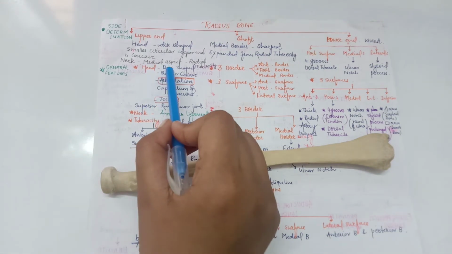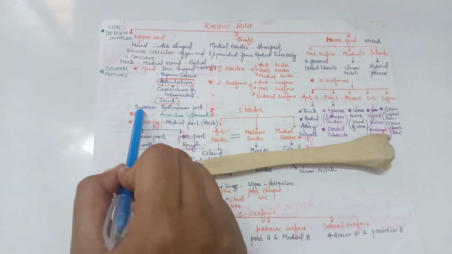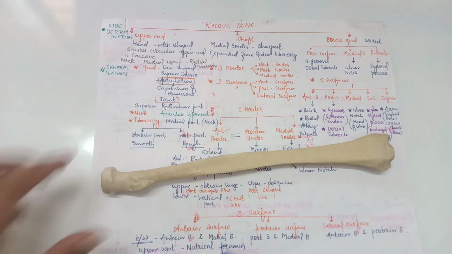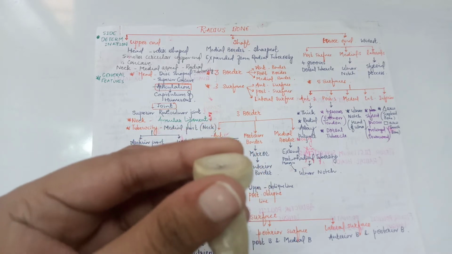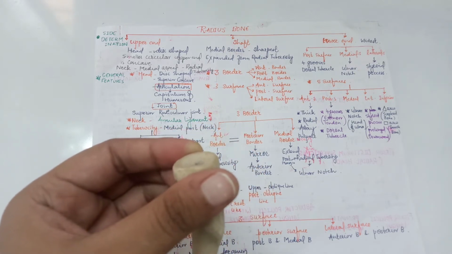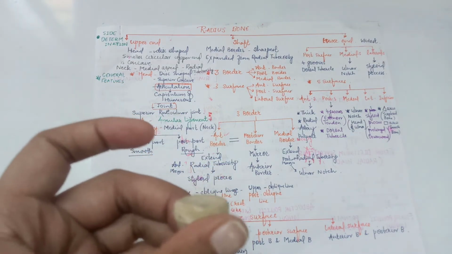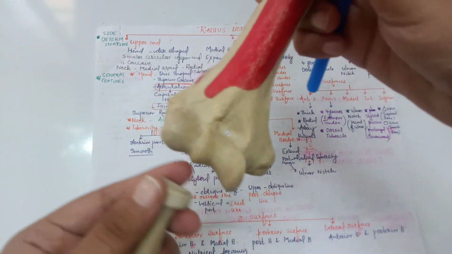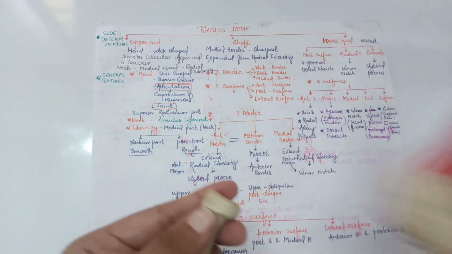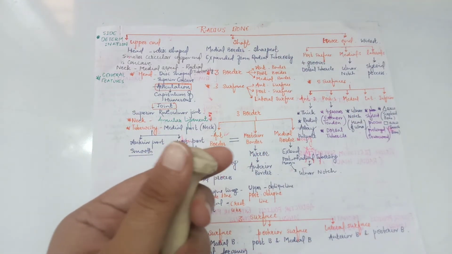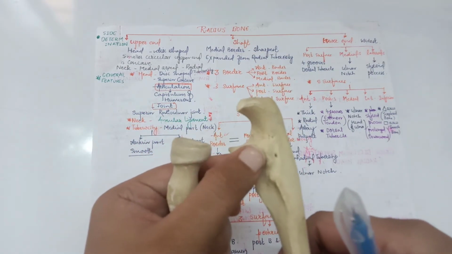The head is disc shaped, with a superior concave surface that articulates with the capitulum of the humerus. It forms the superior radio-ulnar joint. The head is covered with hyaline cartilage, and the superior concave surface forms the elbow joint. The circumference of the head is also articular and it fits with the socket formed by the radial notch of the ulna.